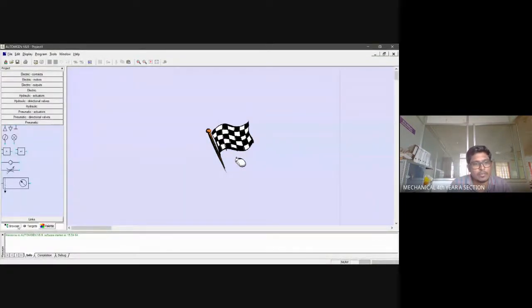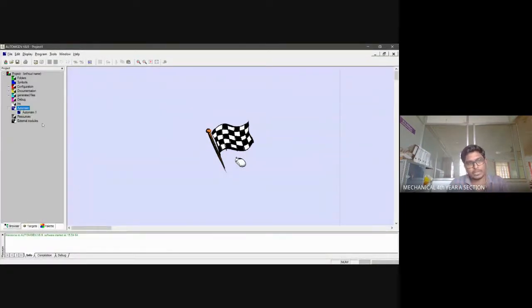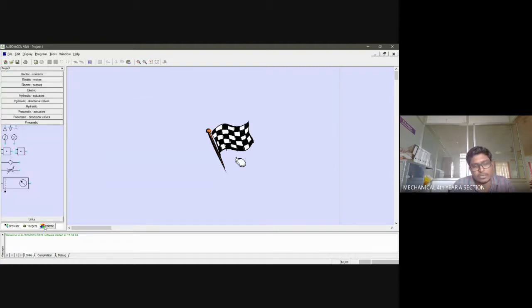Now, for selecting this, when you open this particular window, you can see only these options available over here. You can find the palette option on your left hand side bottom. Once you enable this option, you can make all these things available. We have three different sections: the electrical section, then the hydraulic section, and finally the pneumatic section also.